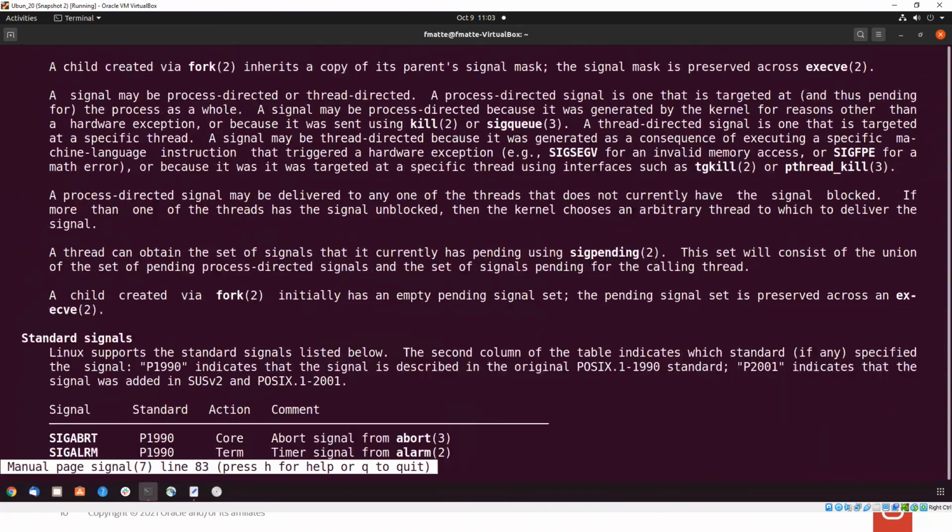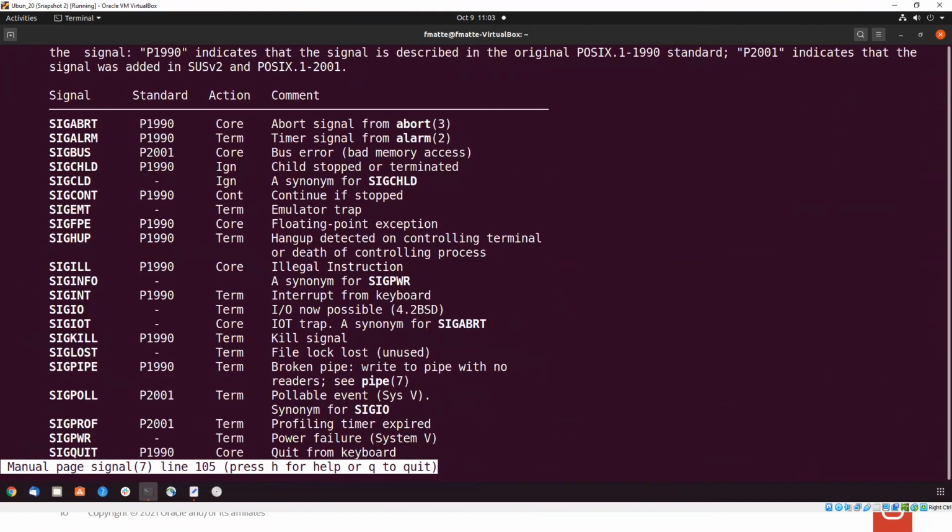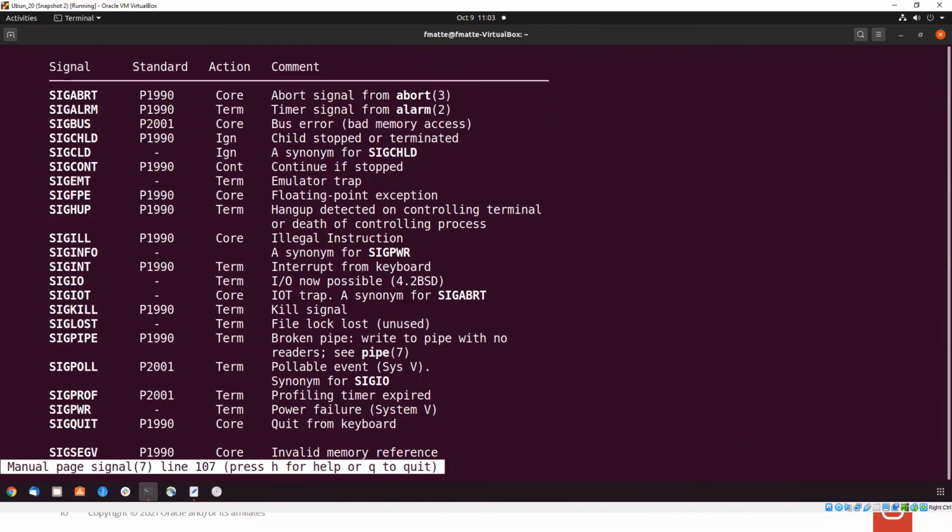You can see that there are some 41 or 42 signals in the Linux operating system, which tell what the signal is, what exact action the operating system takes when this particular signal is received, along with a small description of the signal. For example, let's take SIGABRT. If this signal is received, the default action the operating system has to take is to dump a core. It has to terminate the process and dump the core.